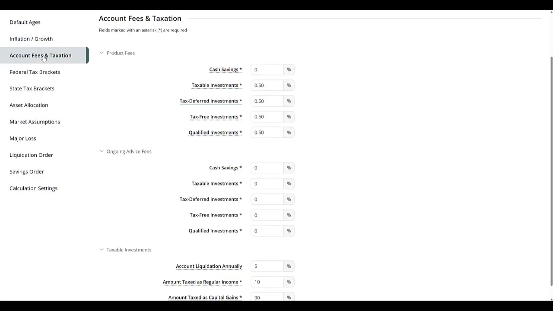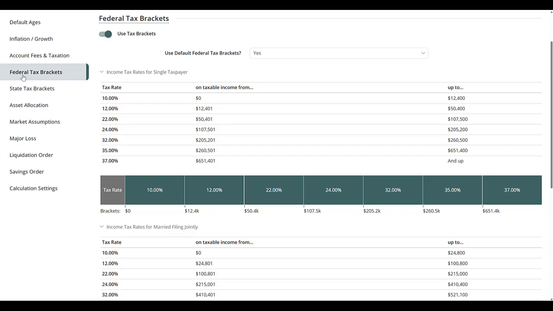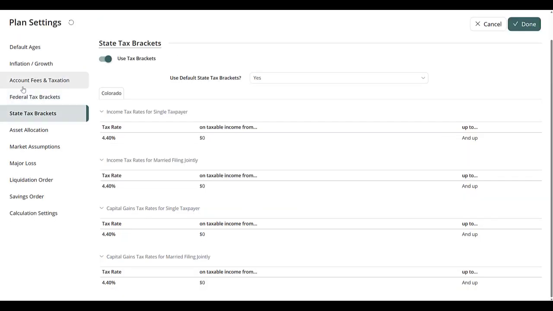Going over to account fees and taxation. These different types are going to affect the net growth of various account types within your plan. We have your federal tax brackets, your state tax brackets. Whenever you create a plan and you designate where your clients live, this is going to denote the tax rate that is being applied. If your clients live in a state that has no tax, you're going to see 0